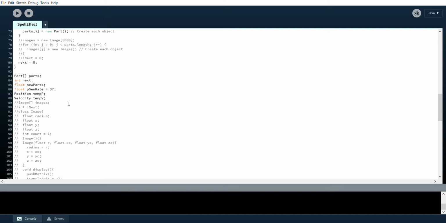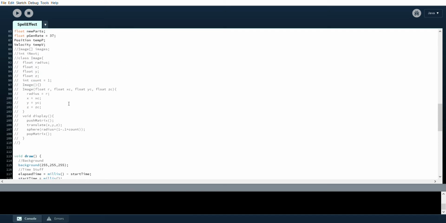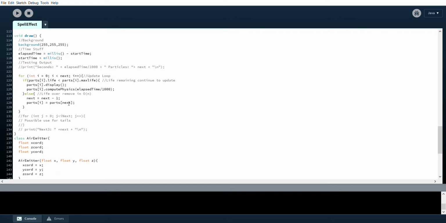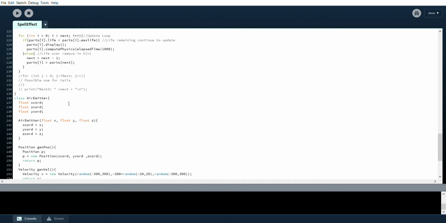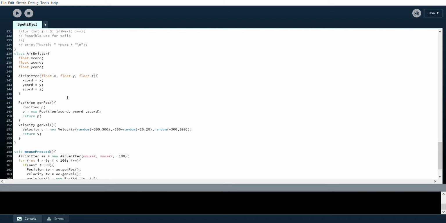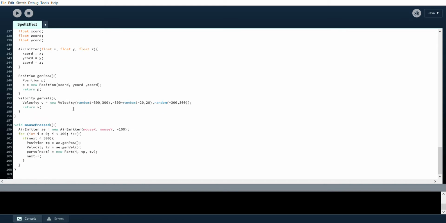And the interesting thing about it is that the way that the particles are generated is, instead of just being generated over time like the other two particle systems, it actually generates them as you click on the screen. So here's the mouse pressed, and it calls a different emitter, the air emitter, which is basically the same thing as the ground emitter, but at a Y value as well, and generates